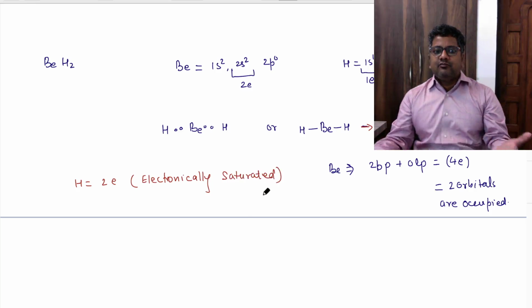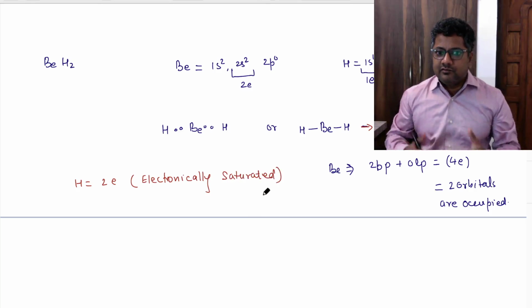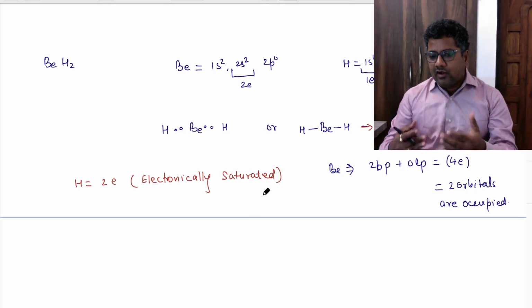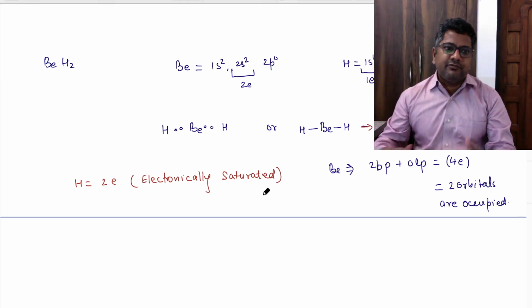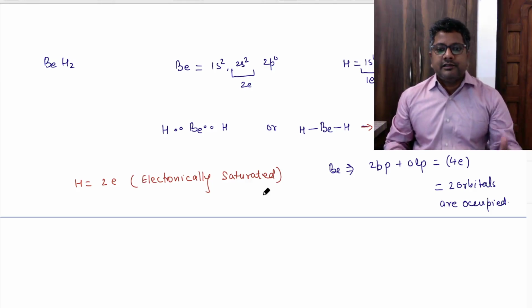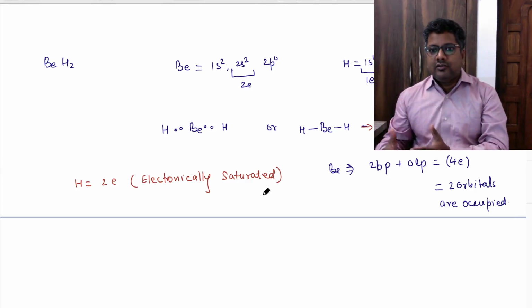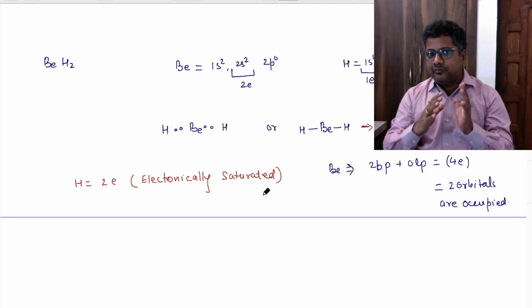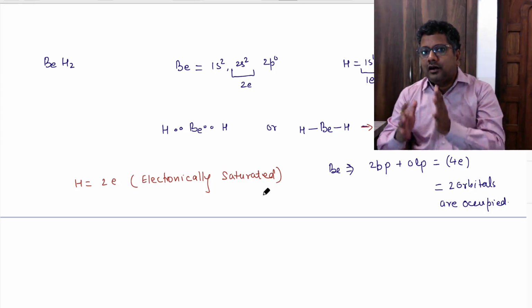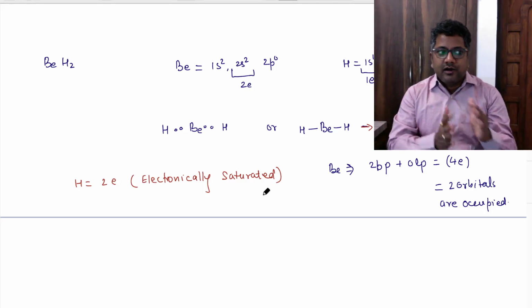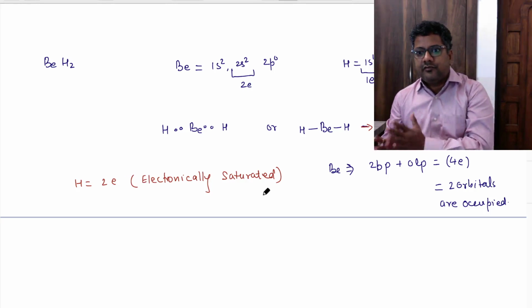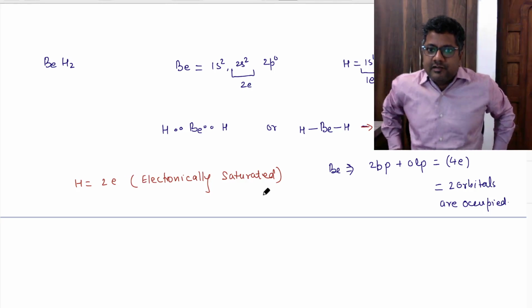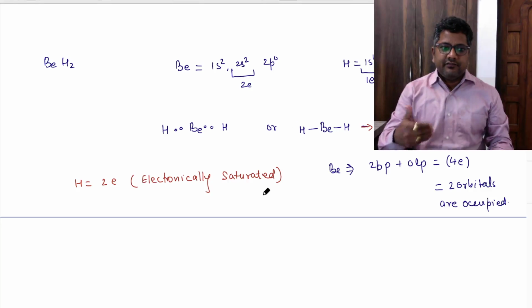Because it cannot have more than 2 electrons in the valence shell. No orbitals are there. So what difference are you finding, if you have gone through chemical bonding in class 10th, and now you are studying chemical bonding here? See, I am slowly shifting you from the shell concept to the orbital concept, and I am trying to explain each and everything in terms of